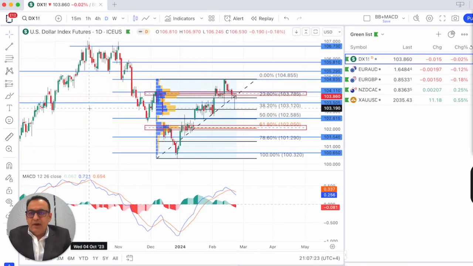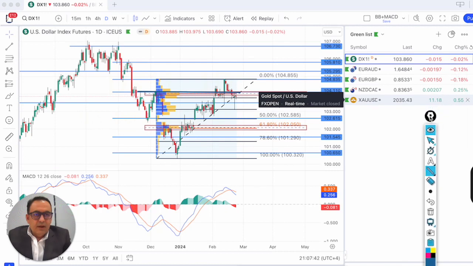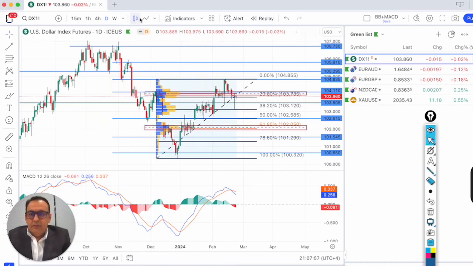Here I've marked the important levels of support and resistance on the daily time frame based on the historical price pattern. I have also applied the high volume profile tool here. Based on it, this is the zone where we have high volume concentration, and the second zone of high volume concentration is around this area. Now if I turn it into a line chart,